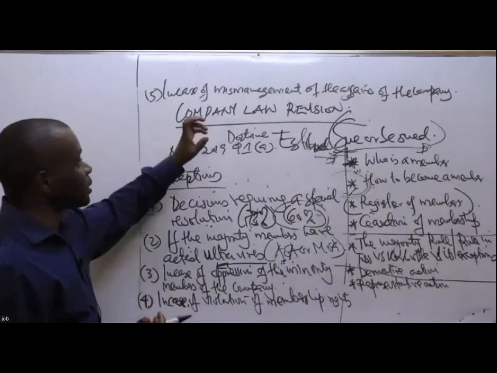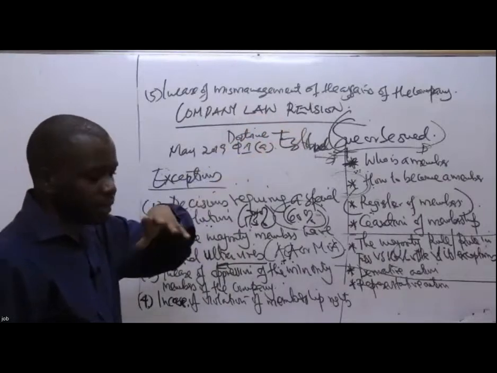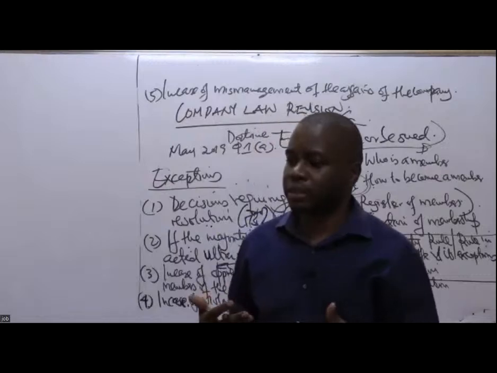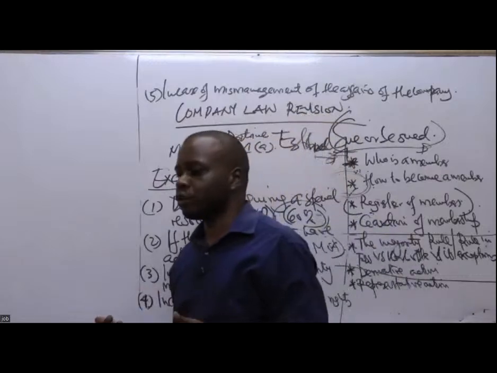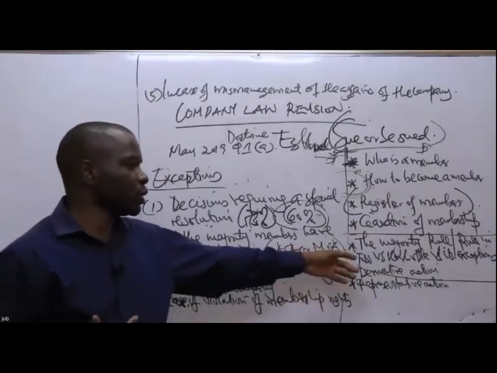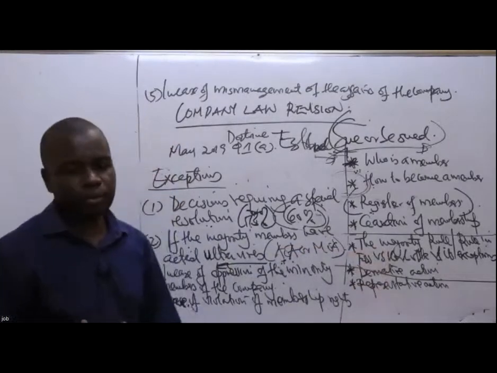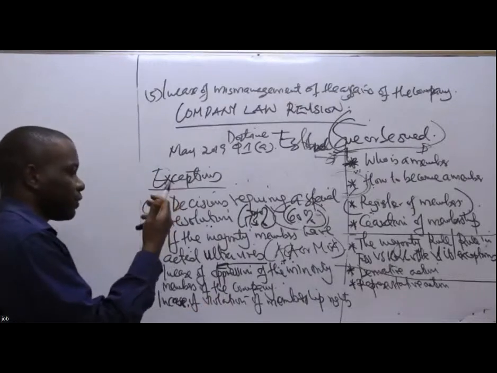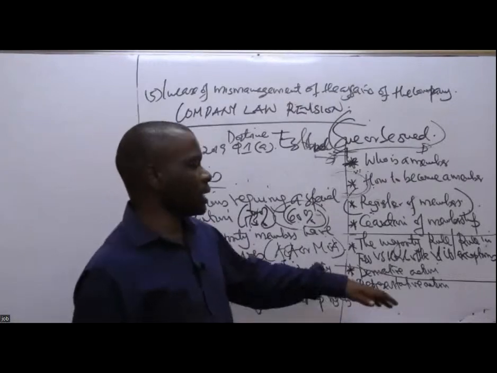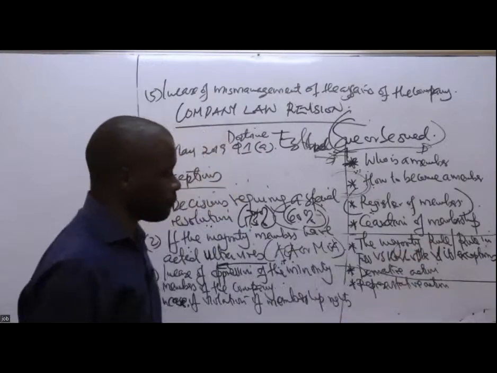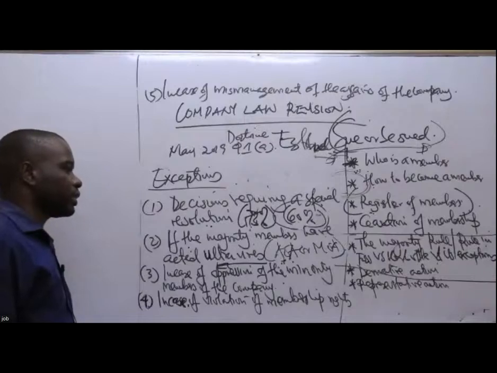So in case of mismanagement of the affairs of the company, the majority are simply ganging up to come up with business activities which are not favorable to the company or are loss-making to the company. You cannot allow the majority to continue to do such. So in case of mismanagement of the affairs of the company, that is also an exception. This particular rule won't prevail.